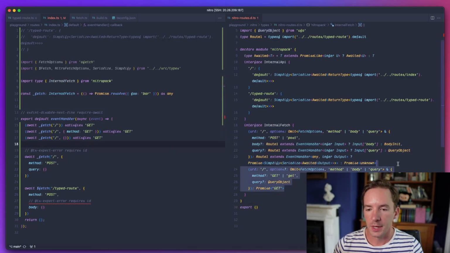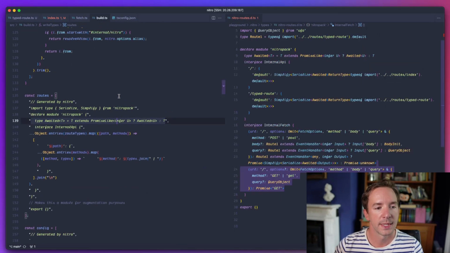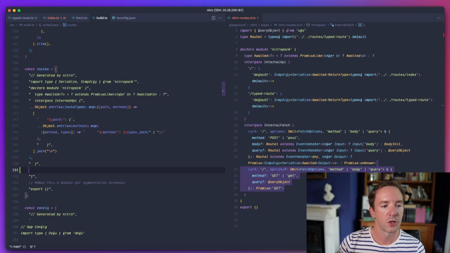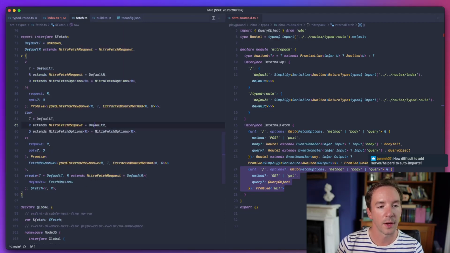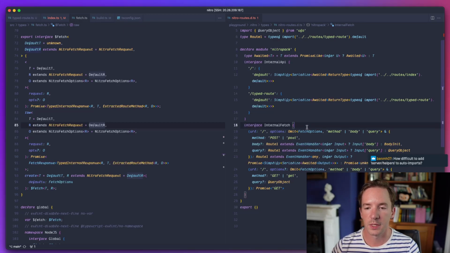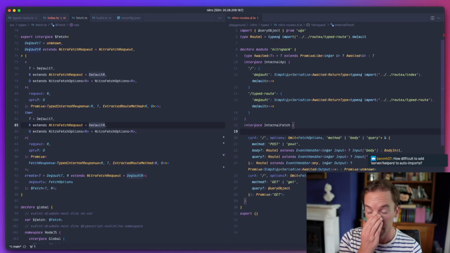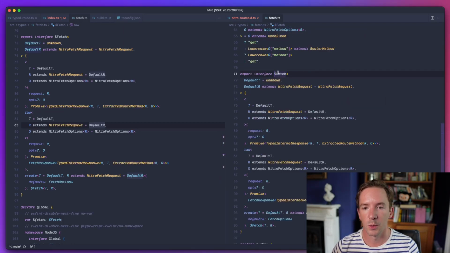Okay, so this is what we want. We want this pattern, and so we can generate it here. Basically we have our internal API. We're going to generate another one as well. So we are going to have our interface internal fetch. Oh, I also need to confirm that this still works with other kinds of fetch requests. So we basically want to have not just these, but it also needs to be the same as what $fetch is. It needs to support